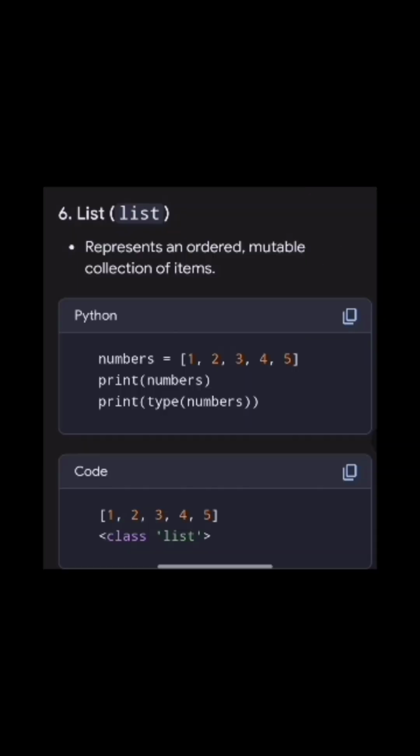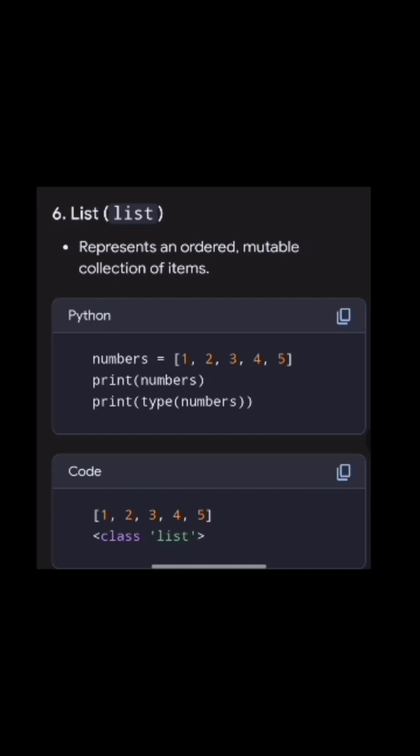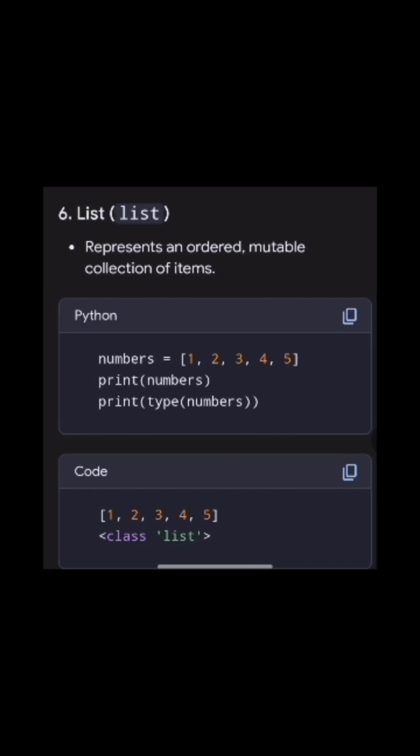And the next one is list. Lists are just like arrays declared in other languages, which is an ordered collection of data. It is very flexible as the items in a list do not need to be of the same type. Lists in Python can be created by just placing the sequence inside the square brackets. It represents an ordered mutable collection of items. Here we gave